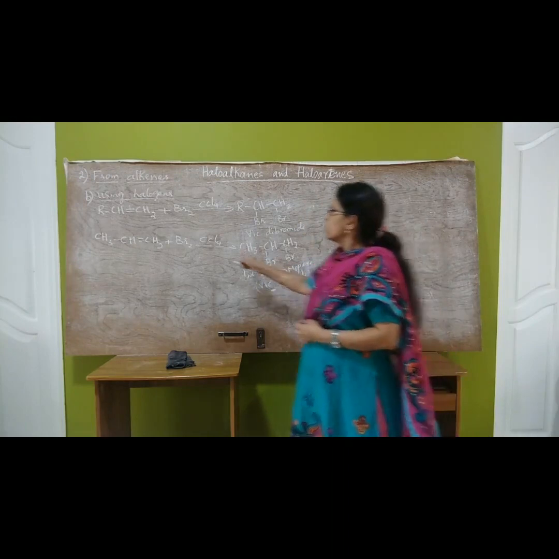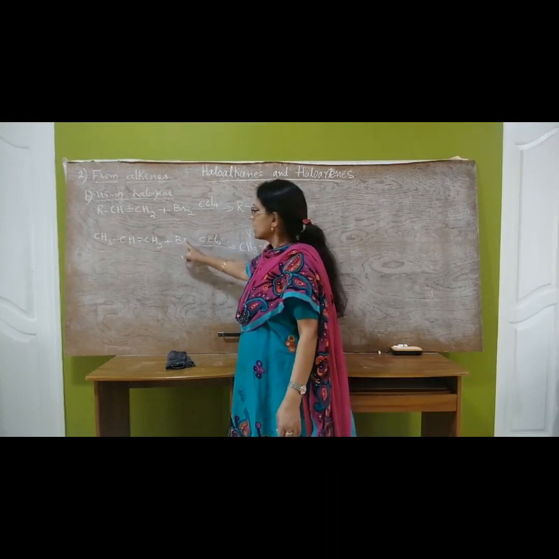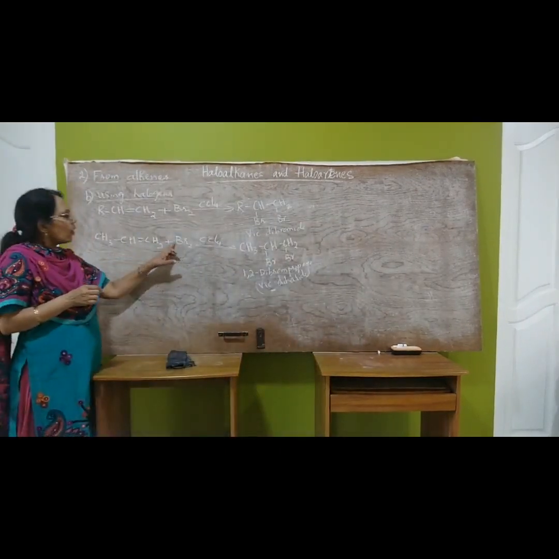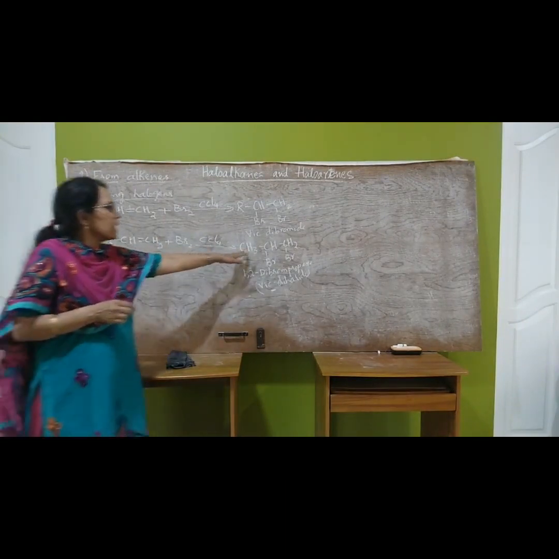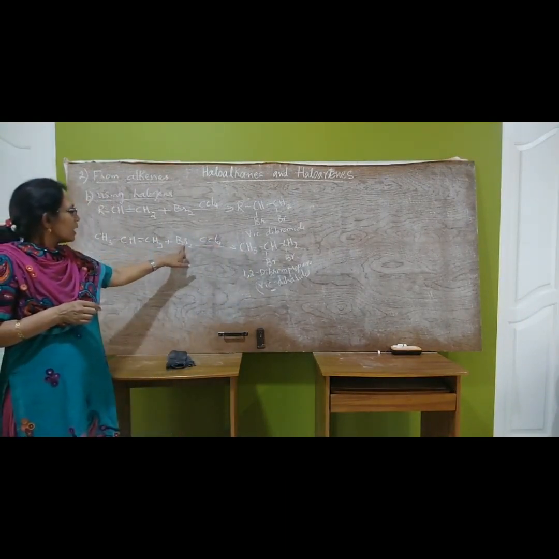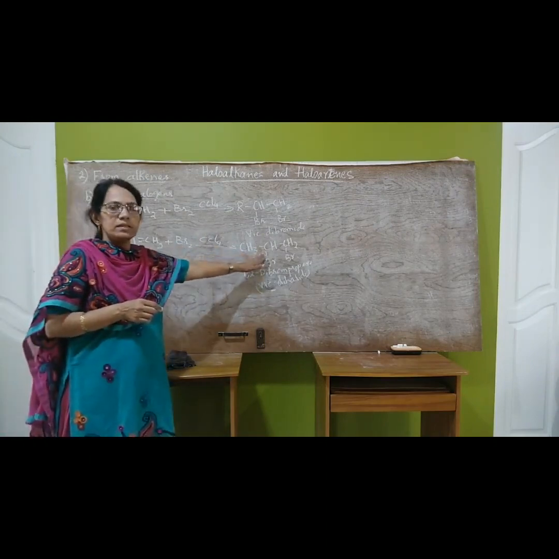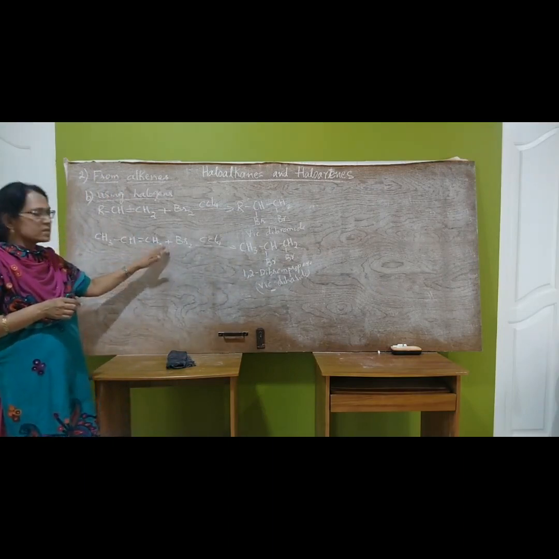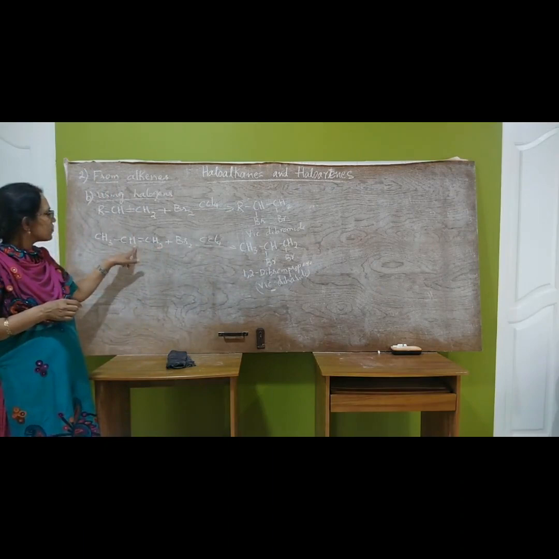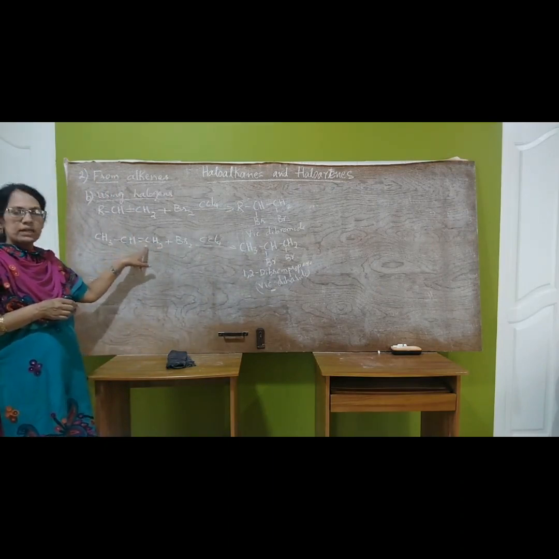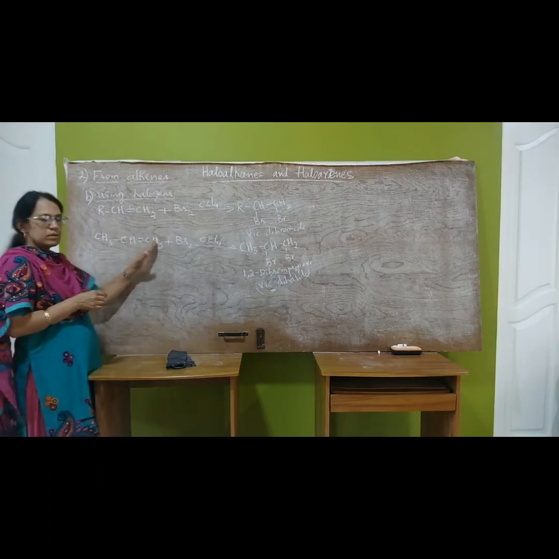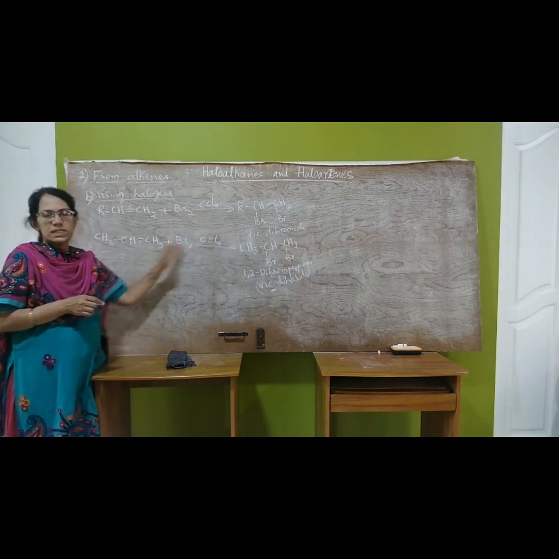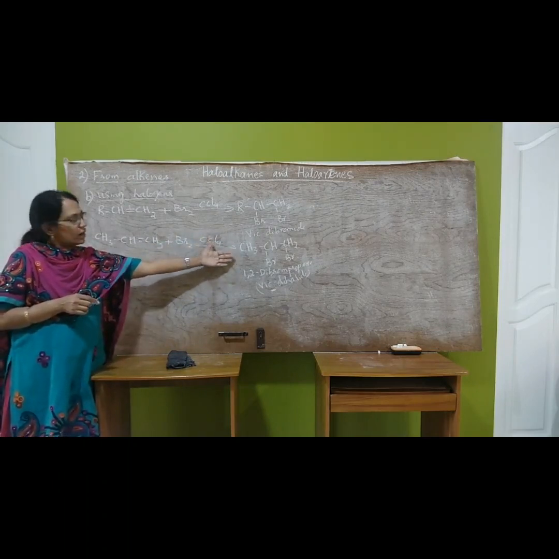In this method, the bromine which we are reacting is reddish brown in color. The product formed is colorless. Therefore, the reddish brown color of bromine is discharged in this reaction. So this reaction is used as the test for double bond, the test for alkenes, because the reddish brown color disappears on formation of the dihaloalkane.